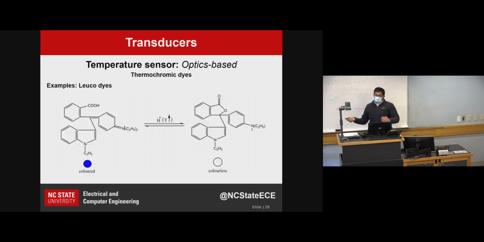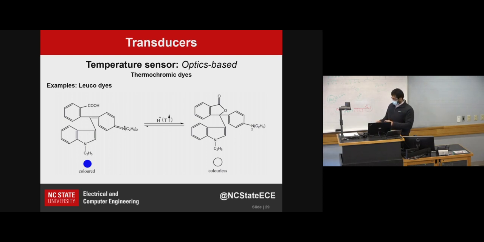This is what you are discussing. Thermochromic dyes. Okay, so what you have is a heterocyclic compound which is temperature sensitive. So as the temperature changes, it could go from color to colorless or colorless to color, depending on what kind